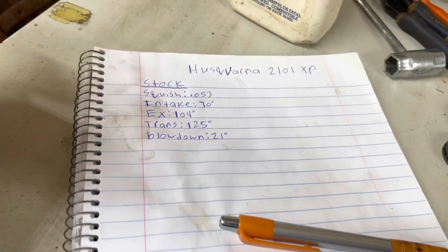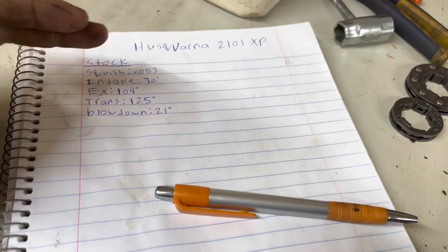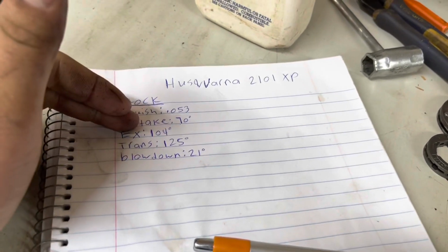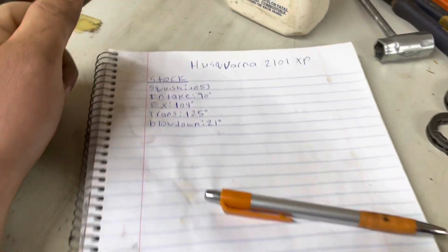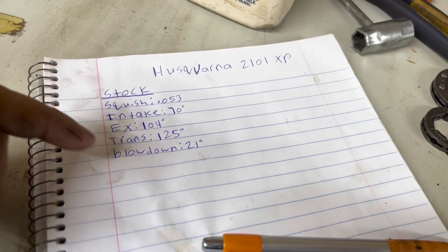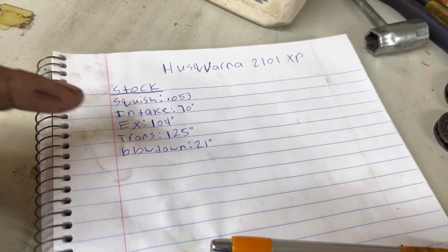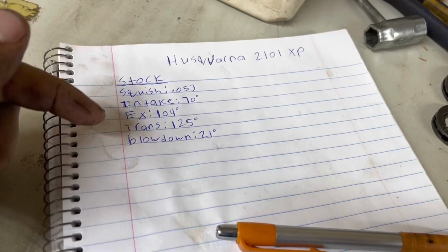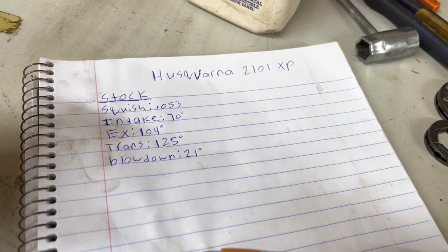All in all, these numbers make for a nice torque machine, but I don't like that squish number. That's too much. So we're gonna tighten that up a little bit, up the compression. And as we do that, these numbers are gonna change, so we're gonna have to correct those. I'm not sure exactly what set of numbers we're gonna choose just yet, but we're gonna get this thing torn apart, do a little more inspecting,